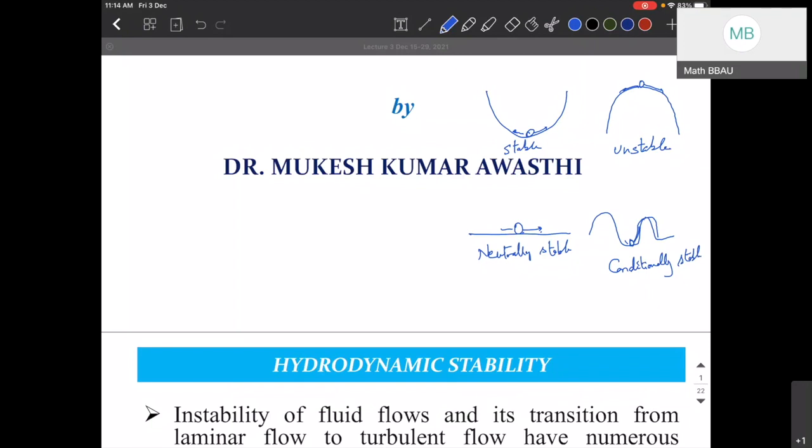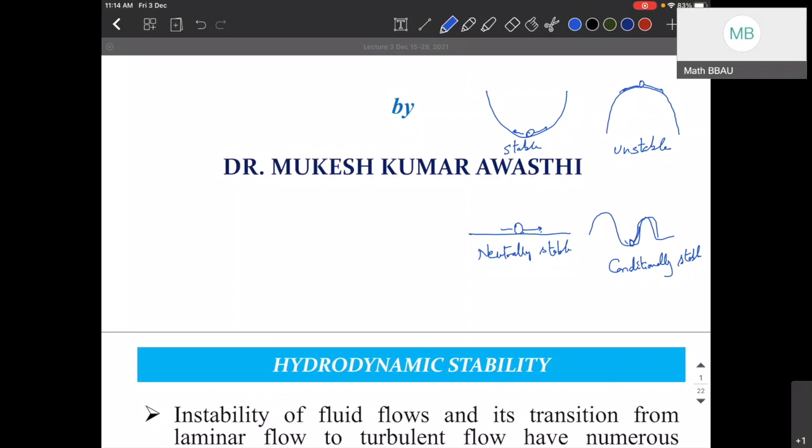Now we use this concept in the flow fields, meaning the fluids when they are flowing. Even a fluid at rest may be unstable. So in which condition can we say a fluid arrangement is unstable or not? See, we are considering here a flow field, not a fluid. Fluid is just a state of matter. So we are considering the flow arrangement, a channel or a cylinder, and we'll say whether the arrangement is